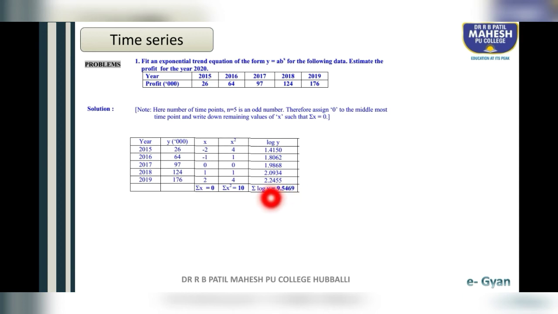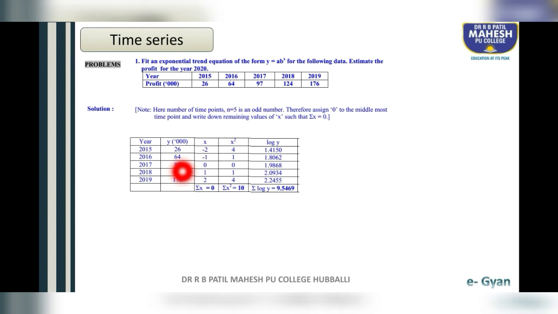We want log of y values. So these are the y values. You have to find the value of log of y. First log of y value is log of 26. Students, using the logarithm table, you have to write the logarithm values. Before writing the log, first you have to count the digits. Here there are 2 digits, 2 and 6. So 2 minus 1 is 1. So 1.26 under 0 is 4150. Next, log of 64.